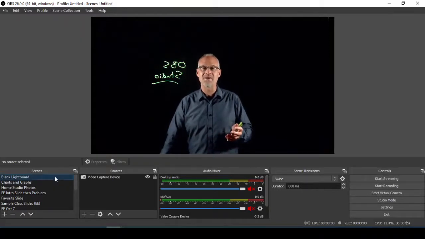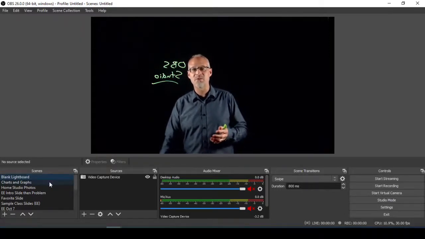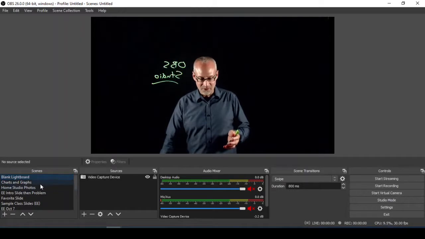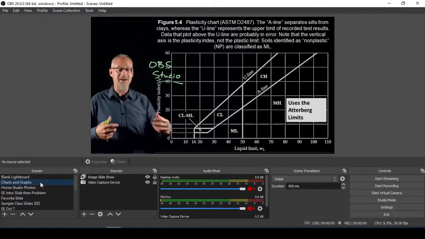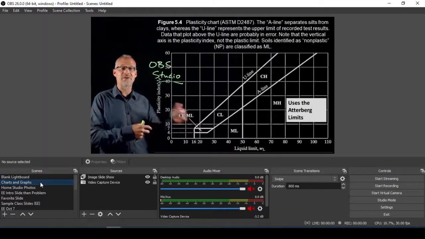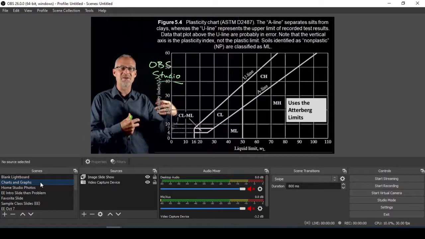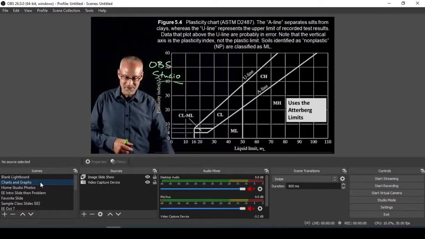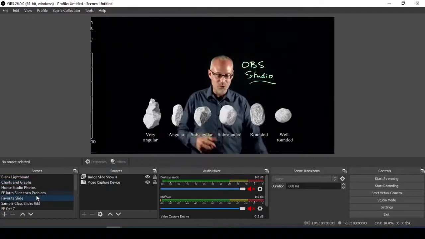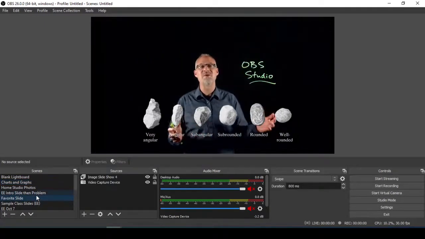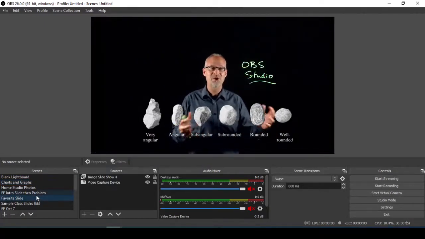Right now I'm in a scene that just has me. I can also switch to a scene that has me together with a graphic, and you can see my writing is the right way around in this particular scene. I've got other scenes, cool stuff like this. I'll show you how to do this in another video, but just to stick to the basics for now,